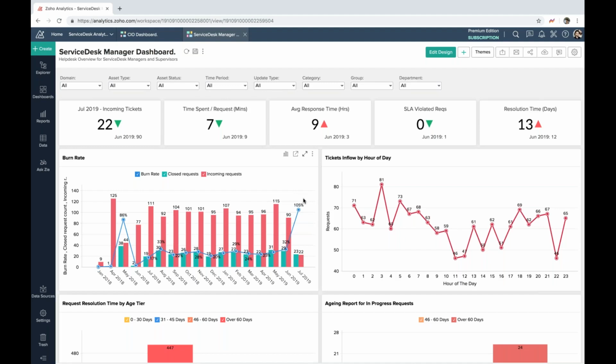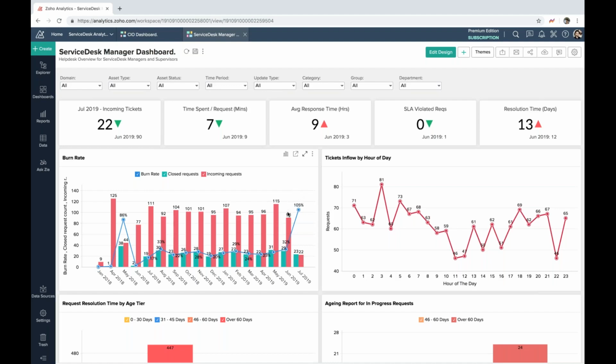So that means if the burn rate for a certain month was 50%, it means that your help desk was only able to resolve half the number of requests that came into the help desk or was open on that particular month. Now, a burn rate of about 80% or more is an indicator that the help desk is performing